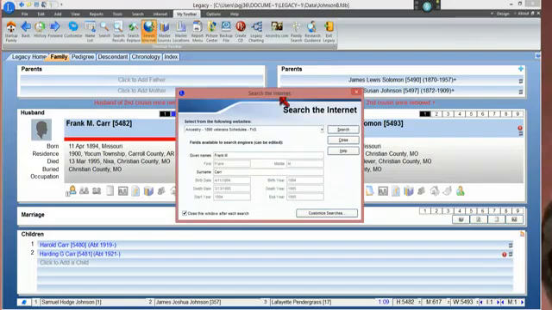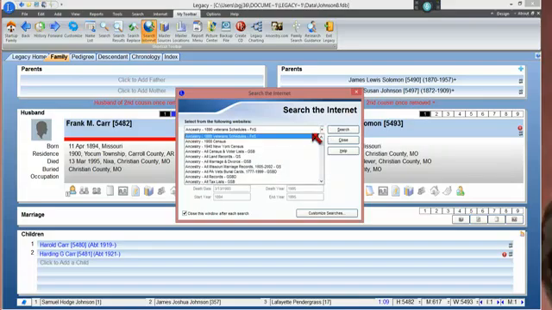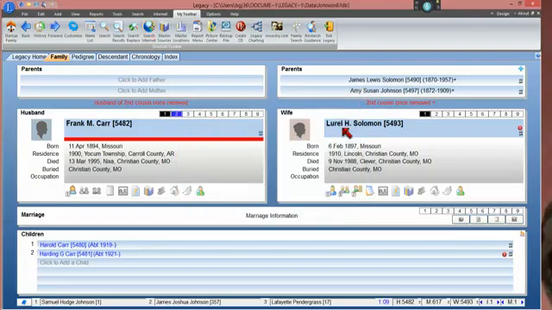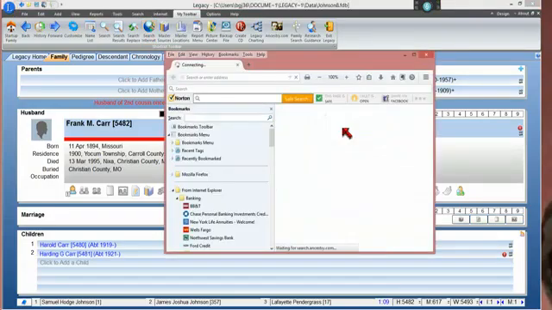That opens a window that will allow me to select from a list of custom searches that I have developed, and we want one that will take us to Ancestry and look for census records. I'll click the down arrow here, and here is an Ancestry search that looks into the all census and voter lists data collection at Ancestry. We'll choose that one and click on search. This takes us to the internet and